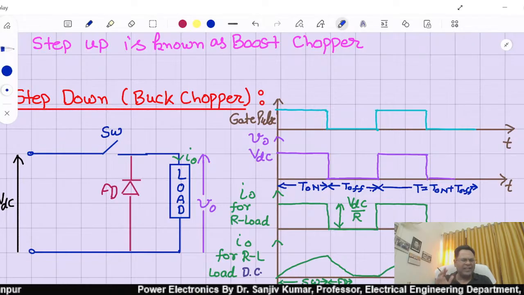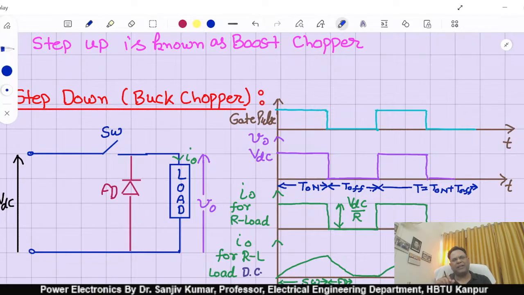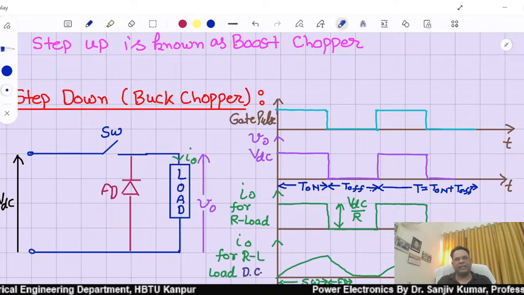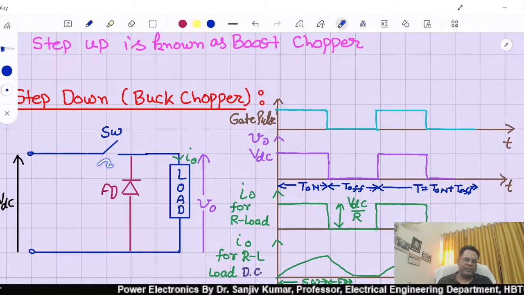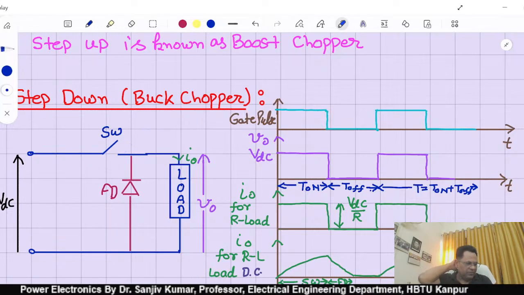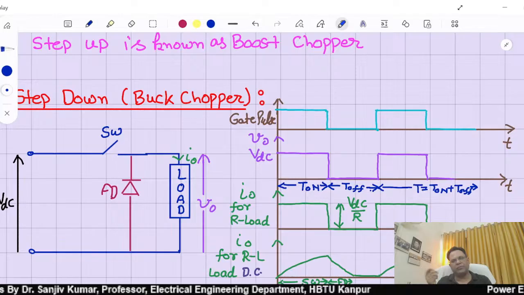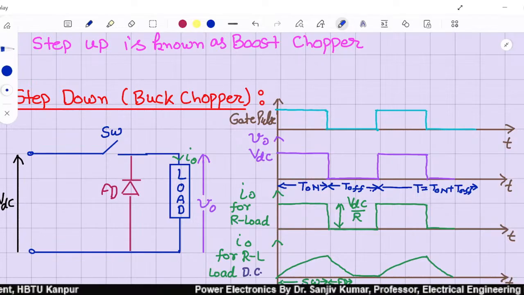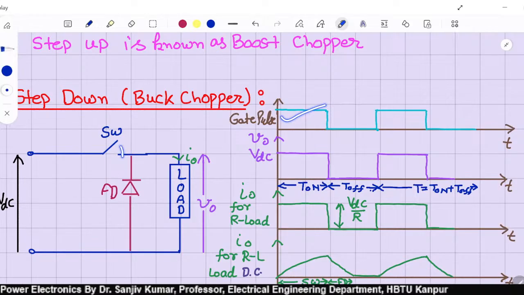No doubt a thyristor can be used, but at the same time the switching frequency is low. And not only this, you have to use force commutation, so the additional circuit cost will increase. That is why we use either IGBT or MOSFET. For low power applications we use MOSFET. For moderate power we would use IGBT. Clear? So when we apply the gate pulse, this switch is on, and this input DC